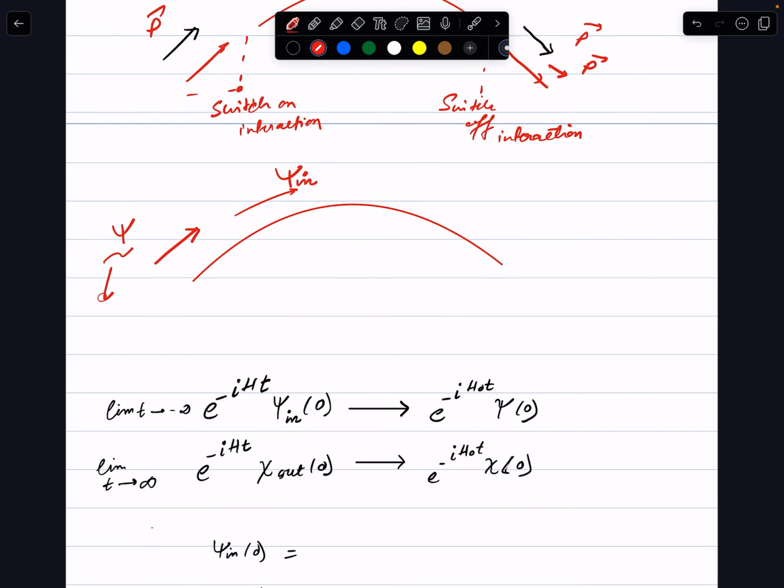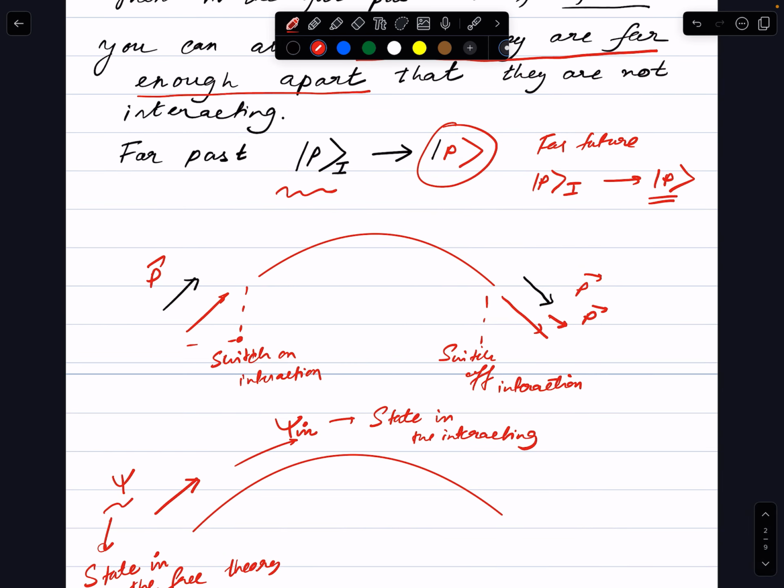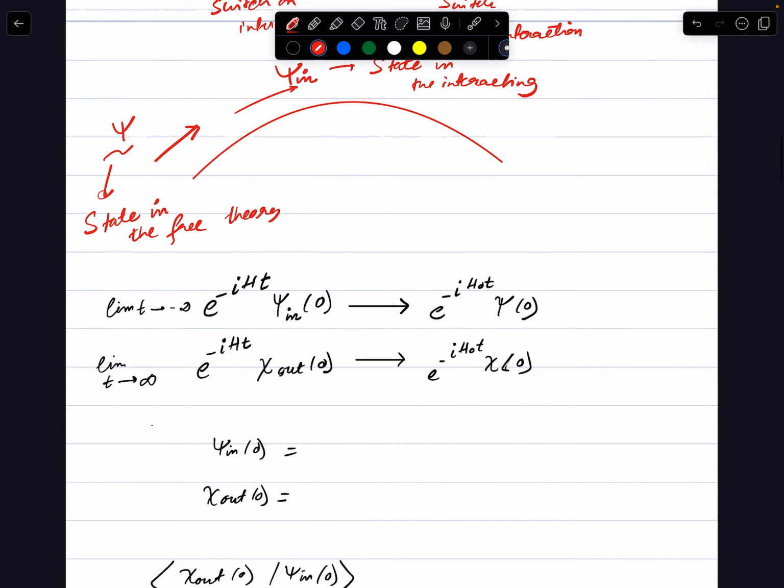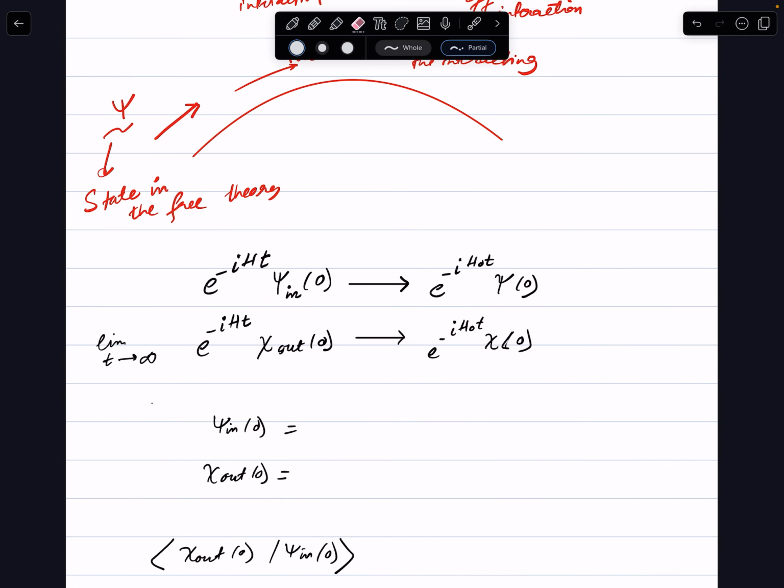So psi is a state in the free theory and psi in is a state in the interacting theory, such that in the far past psi in approaches psi. So psi in is like this momentum which is changing due to interactions, but in the far past it approaches some free particle which we call psi. So the definition is, in the limit t goes to minus infinity,